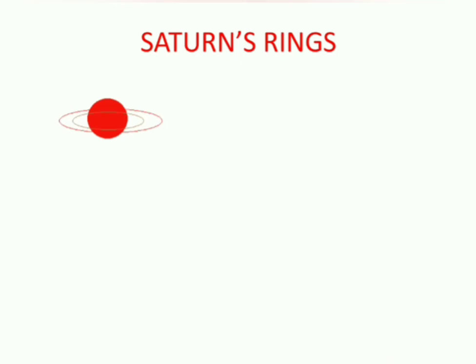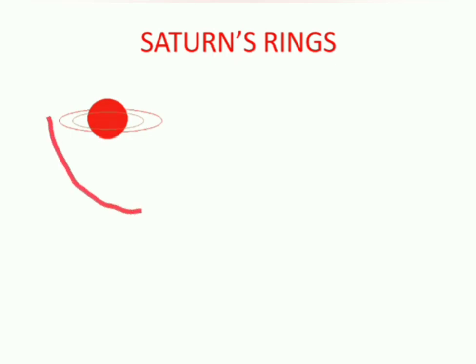Next, Doppler effect also gives you information about the nature of Saturn's rings. So we know Saturn has gaseous particles revolving or orbiting around it. Previously, these rings were considered to be solid rings. Okay, this whole ring is considered to be one solid material. And if it is a solid material, determine